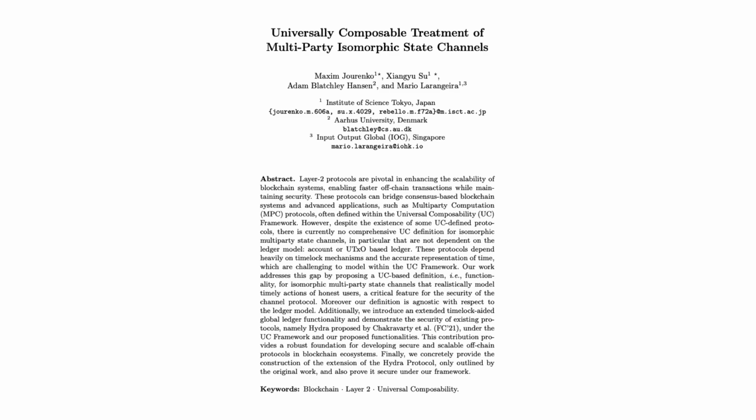Think about those friends constantly splitting bills, coffee, movies, rent, whatever. Instead of every tiny payment hitting the main blockchain, which would be slow and costly, they just keep a running tab inside their Hydra channel. Fast, cheap. Only the final net settlement, who owes whom what, at the very end needs to touch the main ledger. This massively cuts down on-chain traffic, making it super efficient for frequent interactions.